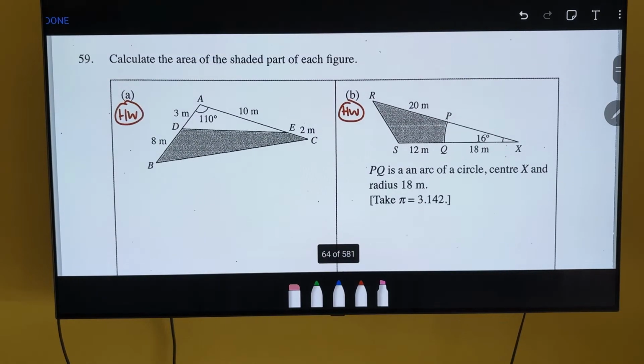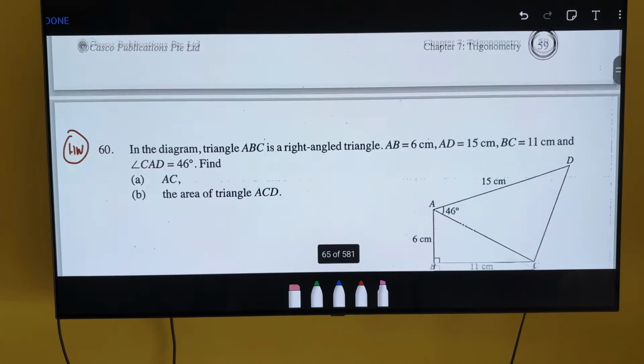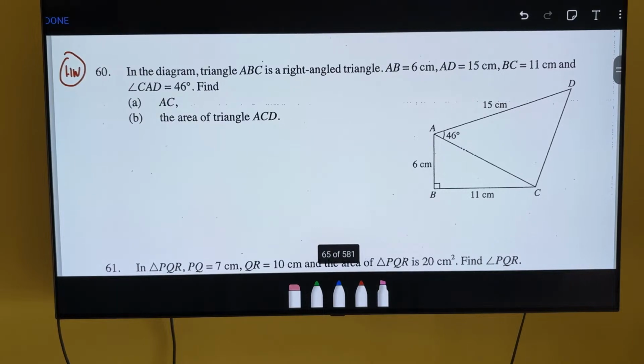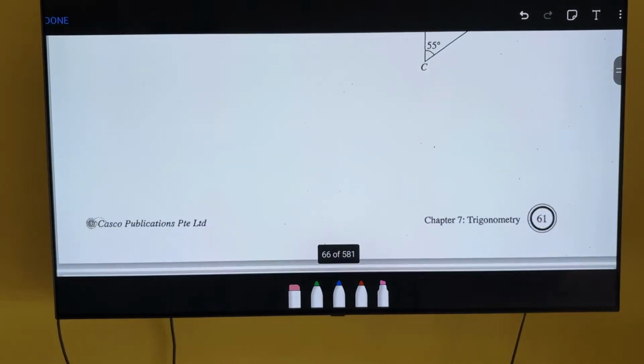Now let's move on to question 59. And these are applications where they ask you to find the area of the shaded part of the figure. I'll leave you to attempt this on your own. Question 60 as well. This is something you can do. Let's move on quickly to